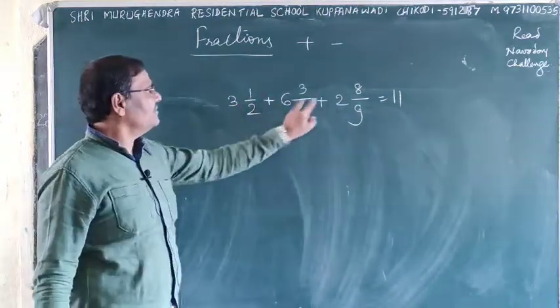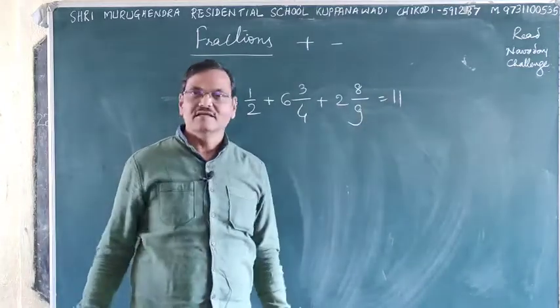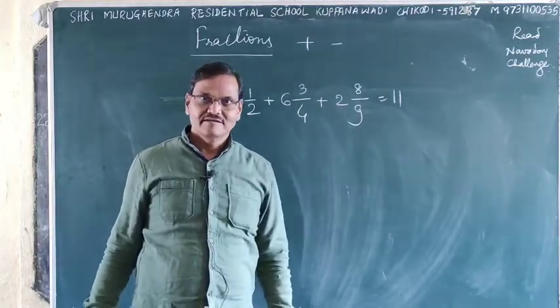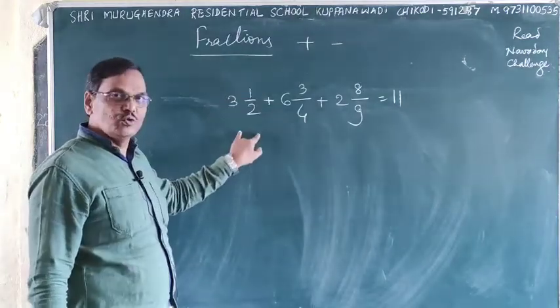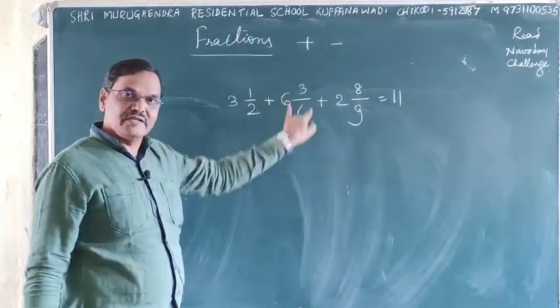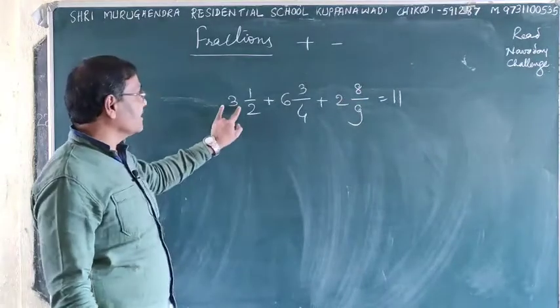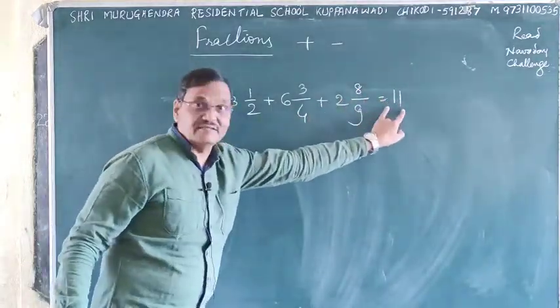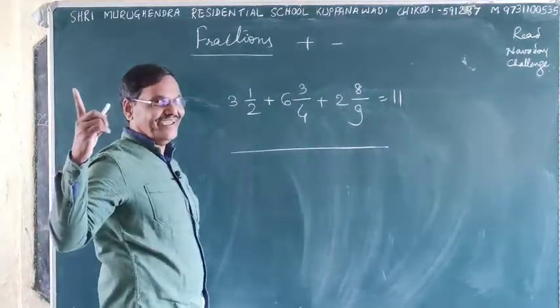Now this became null now. Nothing is there because it is already written, isn't it? Now what remained in 3 of 1 by 2? 1 by 2 remained. What remained here is 3 by 4 and here it is 8 by 9. Neglected because it is here, short here. Then you have to add this. Okay.